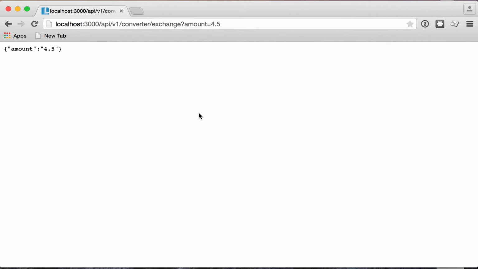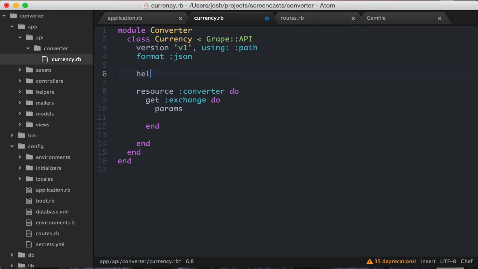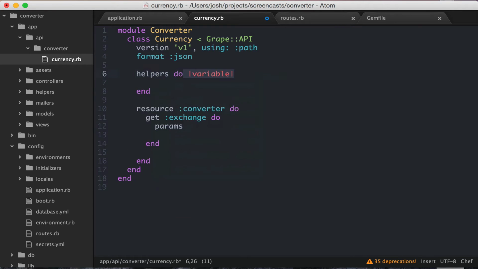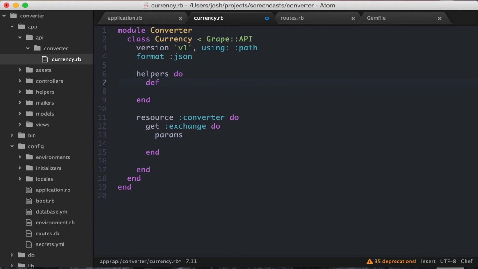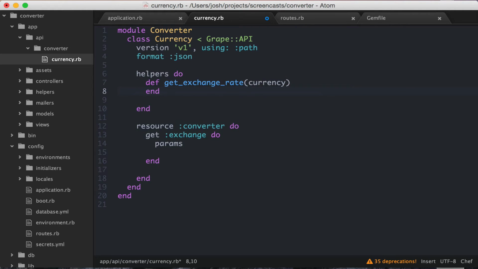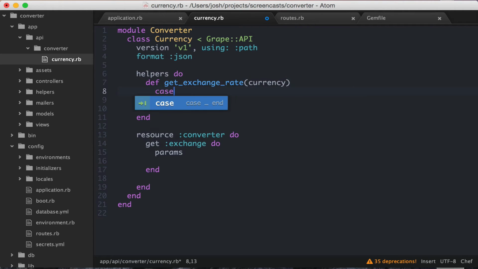In order to make our API useful, we'll want to do several things up front. First off, we'll create a helper to get our exchange rate. So we'll create a helpers block here, and then we'll just define a regular method in here. So get_exchange_rate, and we'll pass in a currency name. And here we'll just do a case statement, case currency,